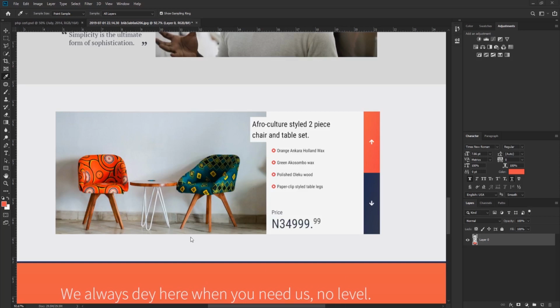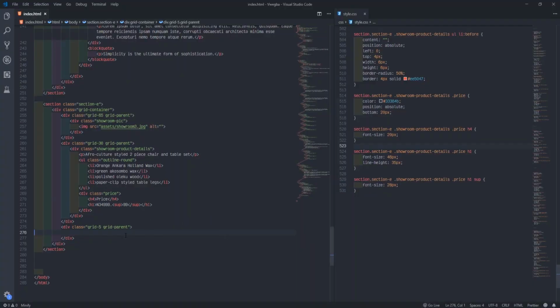So I'll go back to my code, and inside this grid 5, I'll say aside. Inside aside now, I'll say button. Then inside you get i. Then the i now, in fact, i.fes.